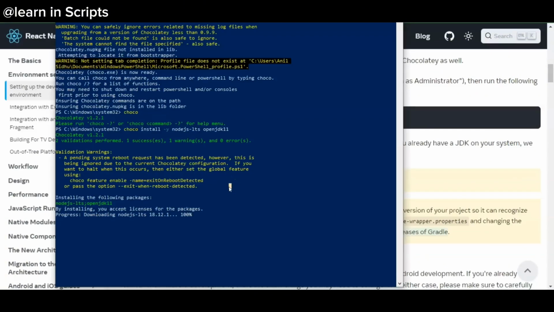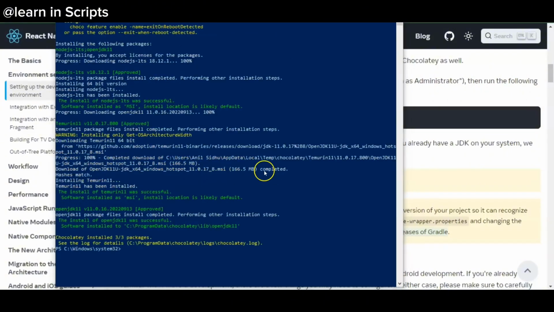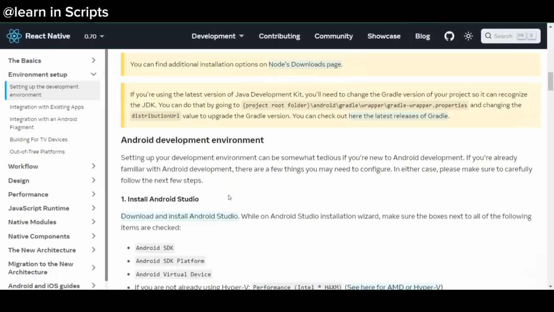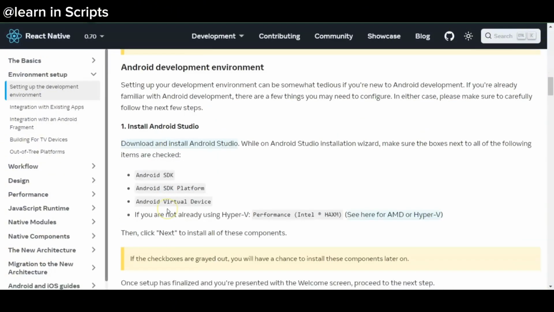Next, download and install Android Studio using the provided link. Close the Chocolatey terminal if you like, click the link, and the download option for Android Studio will appear. Once downloaded, double-click the file to start the installation. The installer will first verify, followed by the usual steps of clicking Next and accepting the terms and conditions. Select the installation path, and the